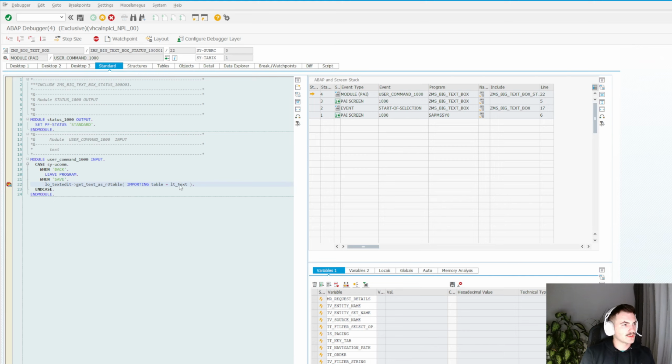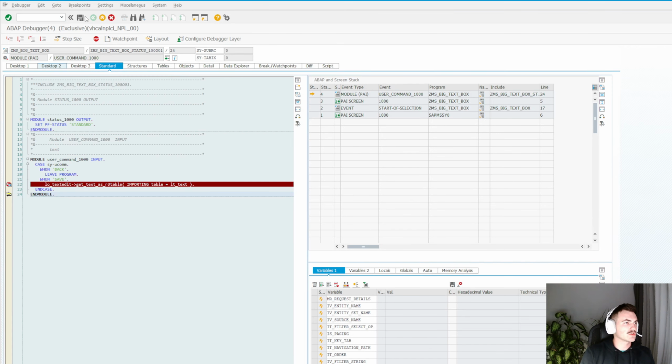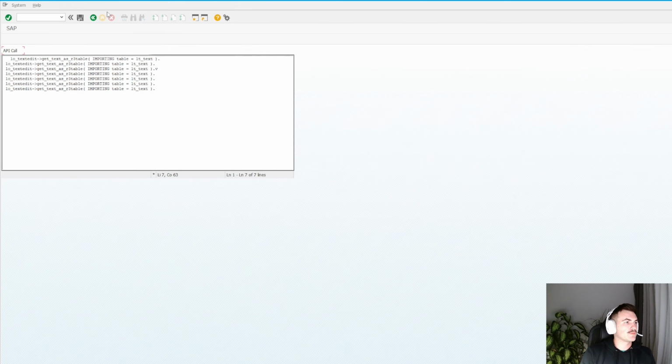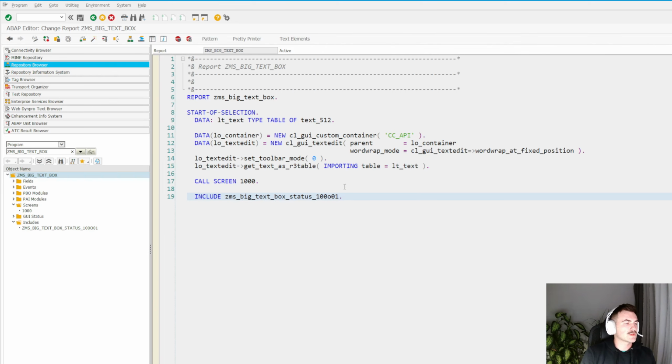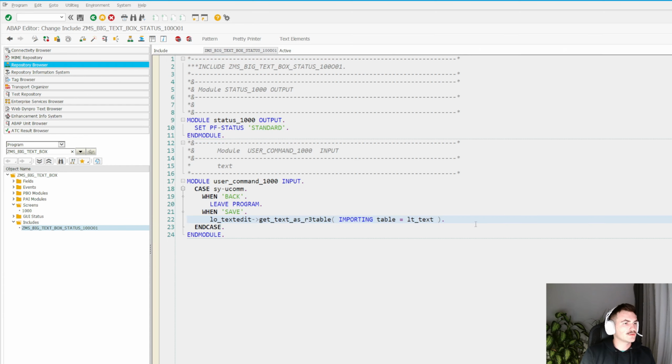And we can actually see that currently the table is empty. But if I press F6 to go one step further, it is filled with all the data that I have pasted in there. So that's actually it. If you want to use it, then you just need to do some little transformation, maybe to save it to a string field or a char field. Then you can